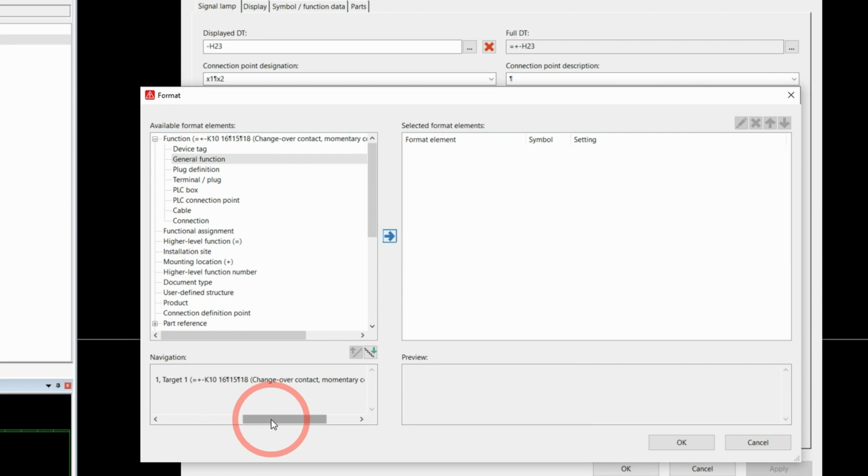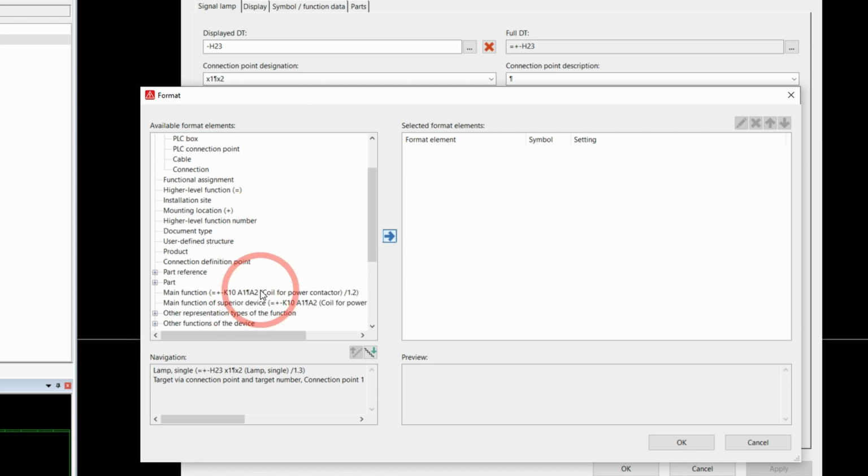We are at the changeover contact. We are transferring information. We're establishing basically a pointer back to the lamp to the changeover contact. But what we really want is to take the information directly from the main coil. So we've got to go up one more level. Down here I can see it's referencing a main function for the coil, and as I click on it, you can see in the graphic preview